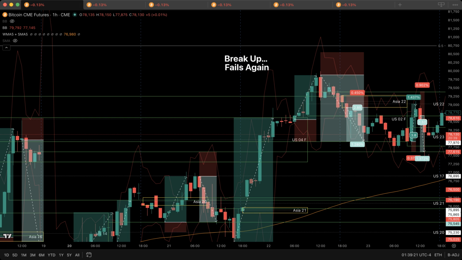First scenario. Long at February 2nd U.S. session lower boundary. Because price reached the level. It held. It moved away. Stop sits below April 17th U.S. session upper boundary. Because if price reaches there, this holding has failed. Target sits at April 22nd U.S. session midpoint. Because that is where price already failed once. Risk-reward ratio, 3.8.